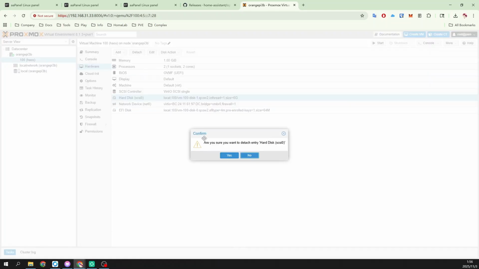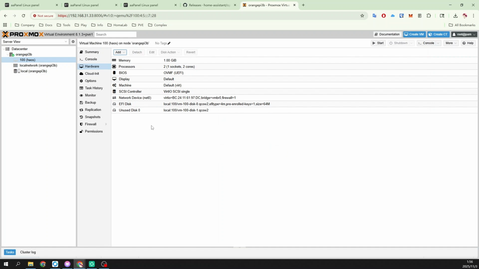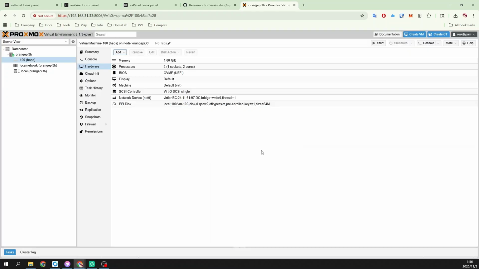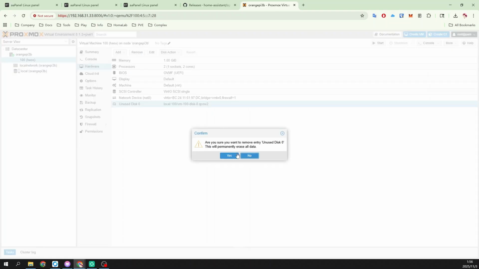Click on the hard drive to detach it. Remove the extra hard drive. We also remove this disk. Continue the removal.